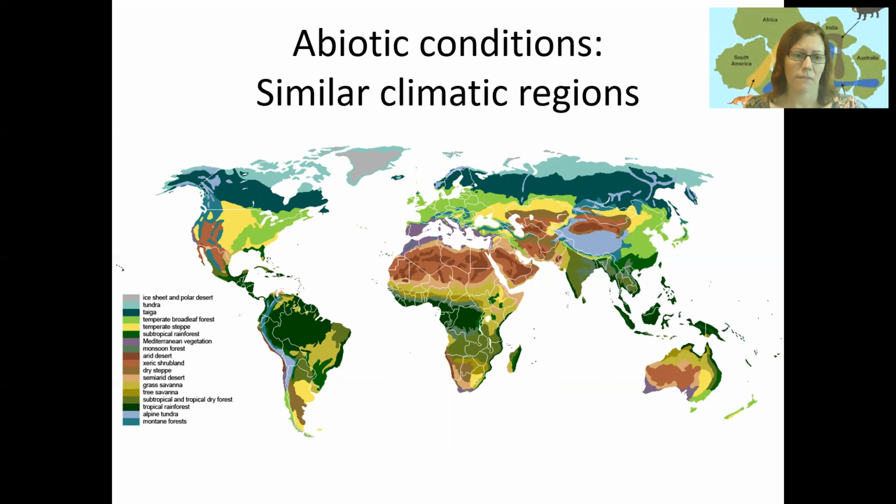And this approach works fairly well, because generally in the world, there are lots of different ecosystems and climate zones that are kind of similar. So if you look at, for example, the brown on here, which is all of the desert regions of the world, right? You've got desert regions in Australia, you've got multiple desert regions in Asia, the Middle East, and Africa, and in Western North America, and then a little bit on the coast of South America. So if all of those are similar climatic conditions, then even though we might have totally different species assemblages in those areas,